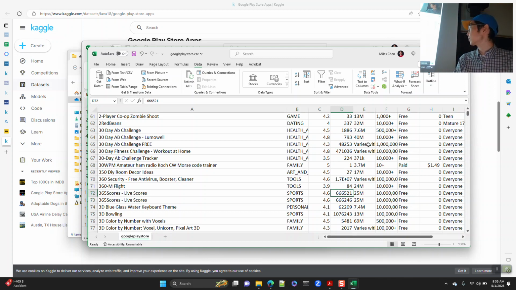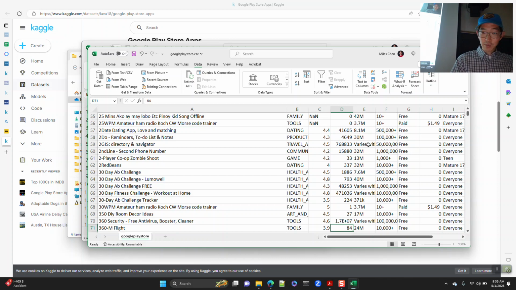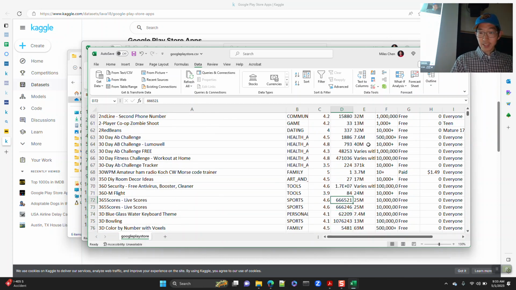This is 666,521 versus 666,246, and what is that? Reviews. So one of these, the first time they scraped it, it had 666,246 reviews, and then maybe the next time they scraped it, there was an additional 280 reviews, 521. So I don't know, maybe it's really popular and 280 people decided to write reviews in the time span, or maybe there is a review farm that they paid that uploaded a whole bunch of reviews. I don't know.